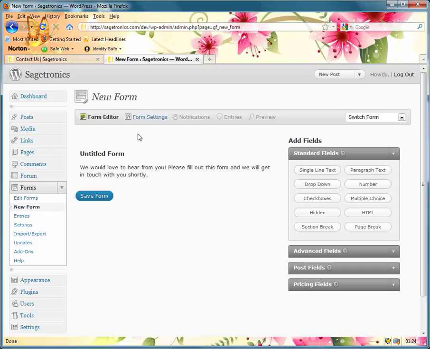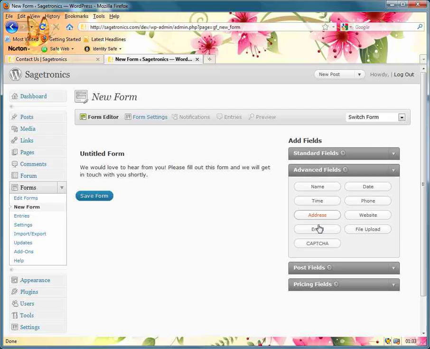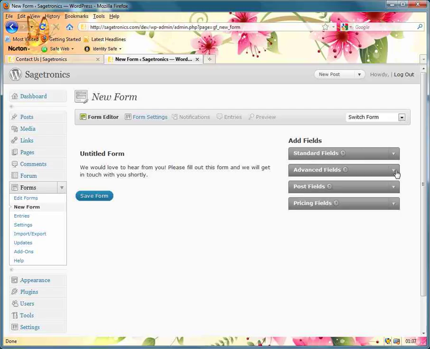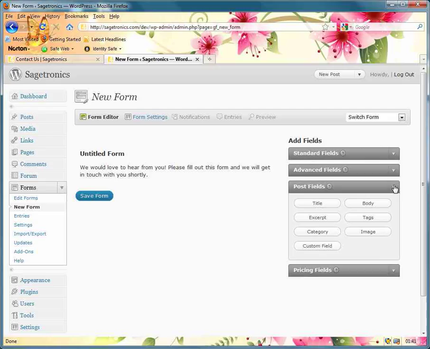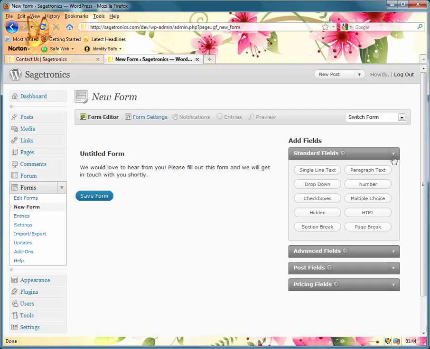And then what's really great about this form is it's got a real simple, like I was mentioning, drag and drop. Over here on the right, you're going to see standard fields. You have these little boxes that you can expand easily. It gives you a lot of the basic type fields that you always need in forms. And then of course you've got post and pricing fields. If you ever want to dig into these more, we can do that. But with just the basic standard contact us form, we just need mostly the standard fields and